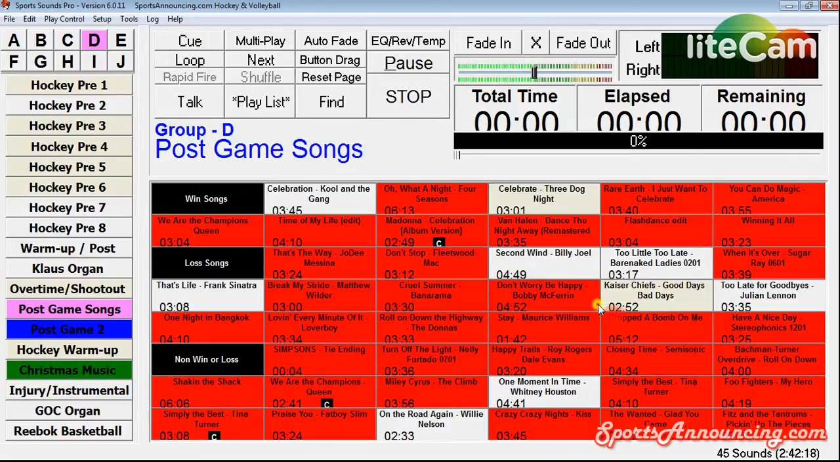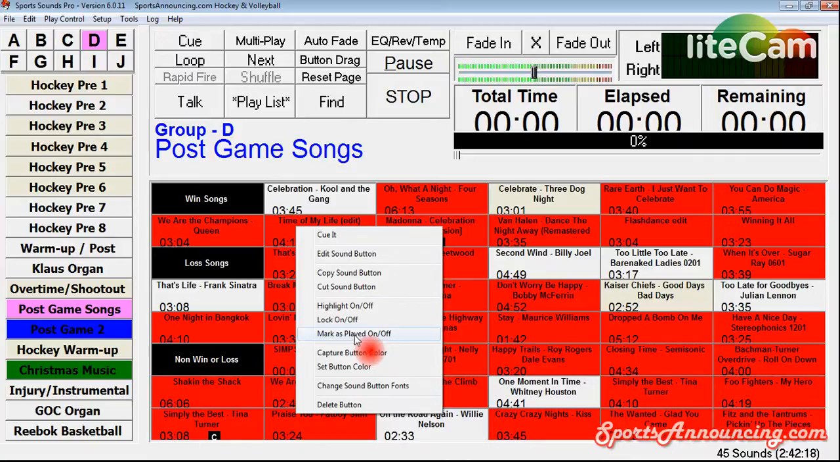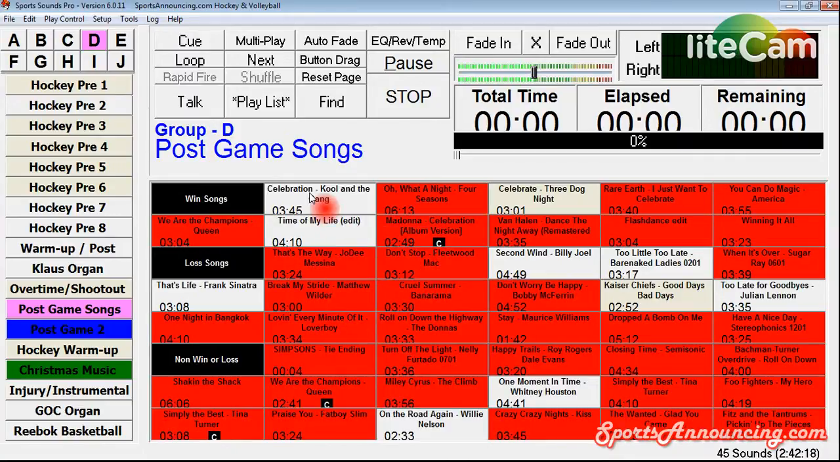I want to play that, and let's say Time of My Life, which is edited down. So I turn off mark as played. When it gets through these three, it'll stop because there's your place marker. It works from left to right, top to bottom. This works out perfectly because now I can set up, I want just these three songs to play after this